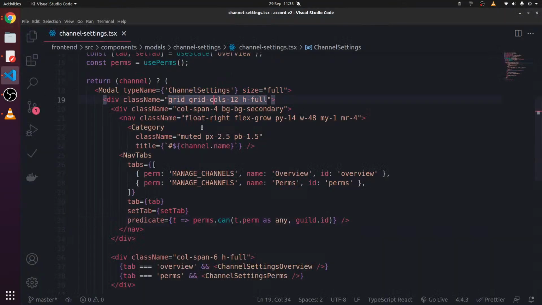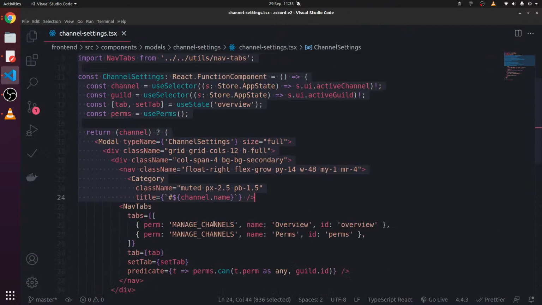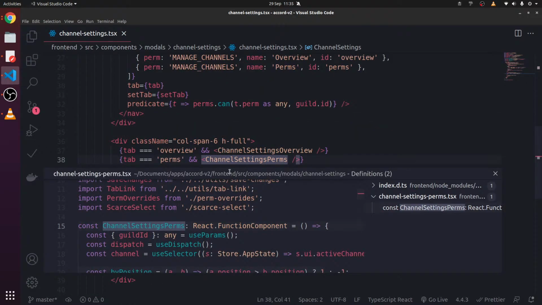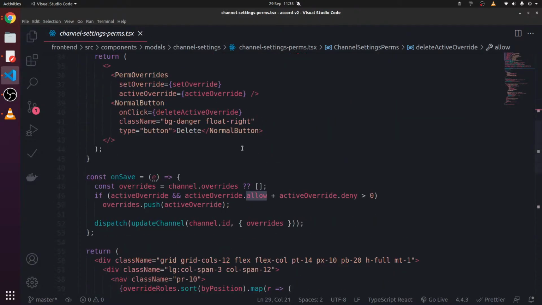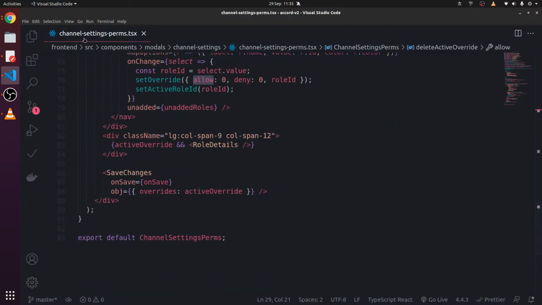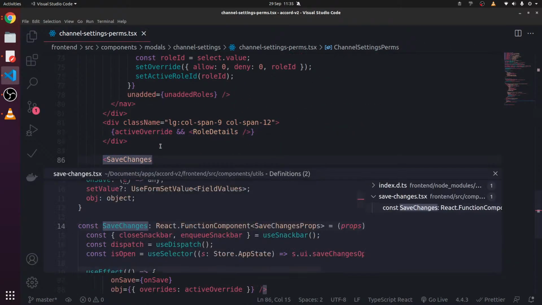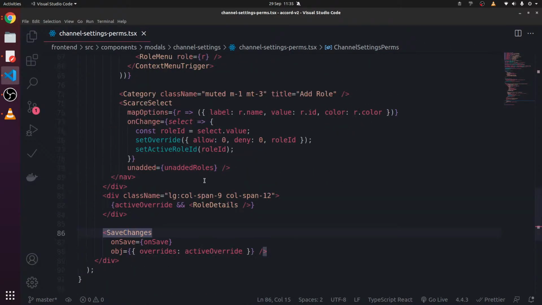Now there is a problem with these. This channel settings is really, really complex. I couldn't really understand it. It hurt my brain. But basically,